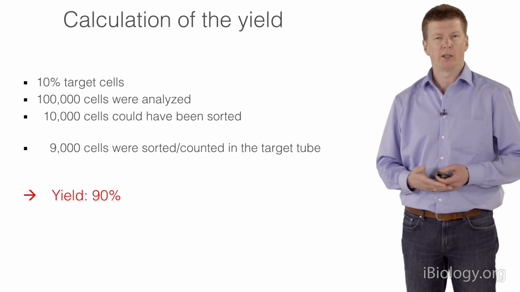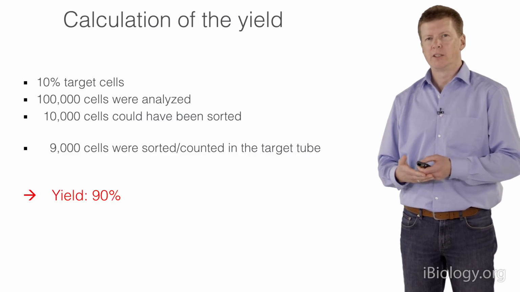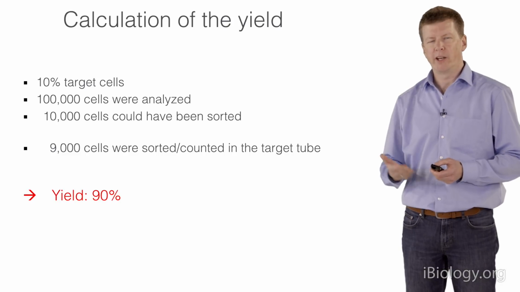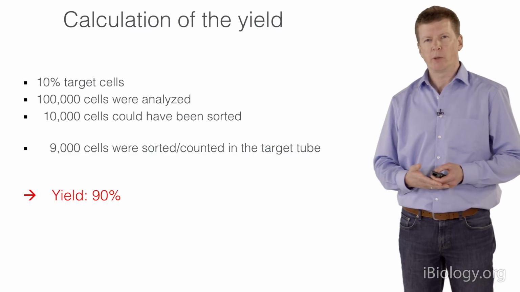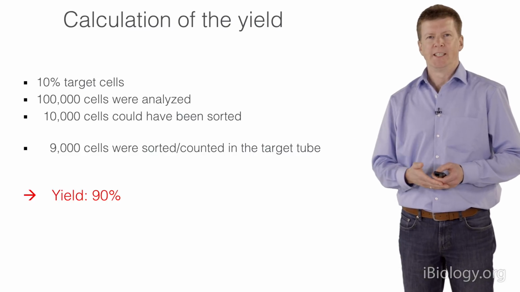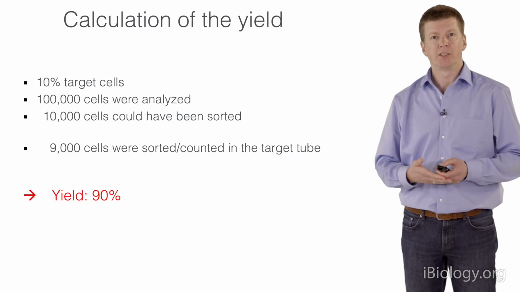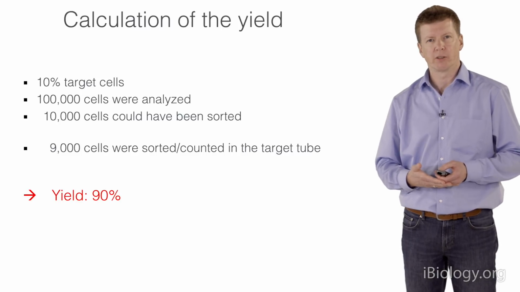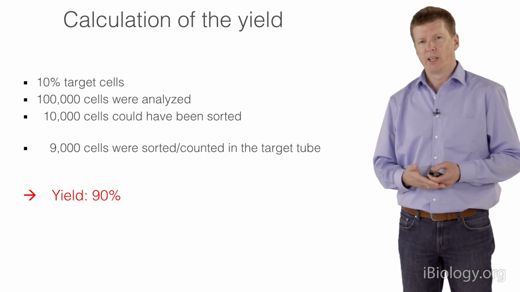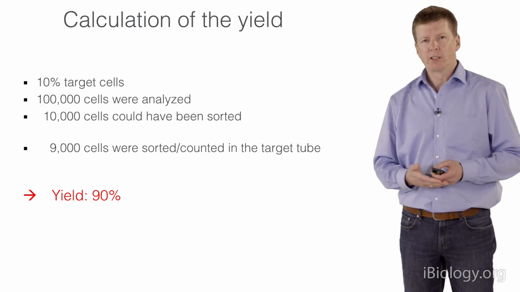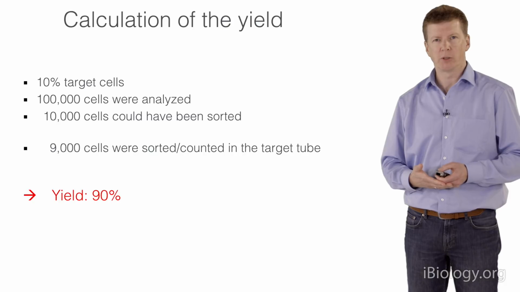But why are we now losing 1,000 events? This is due to the fact, as I said, that we have a random distribution and therefore cells match up in one drop or come too close, so that the purity would be impaired. This is then called a coincidence, or an electronic abort if you run them too fast. All these effects have the consequence that your yield is normally always lower than what you originally calculated.